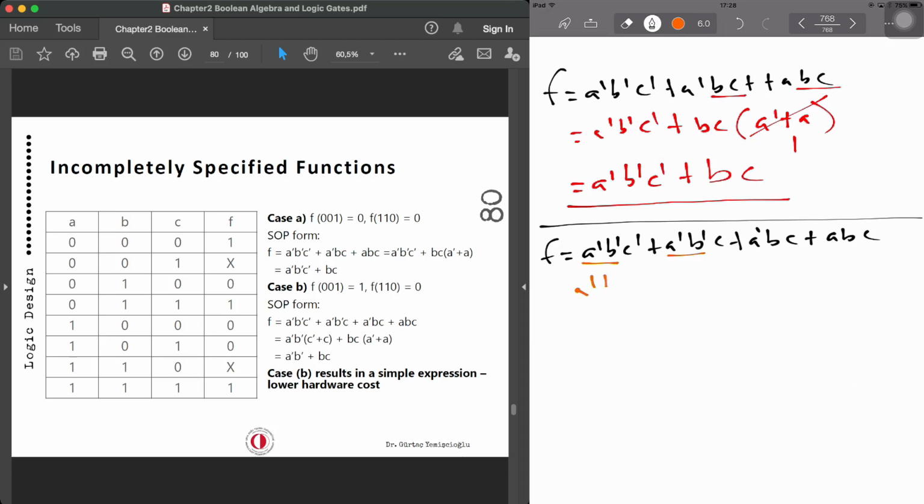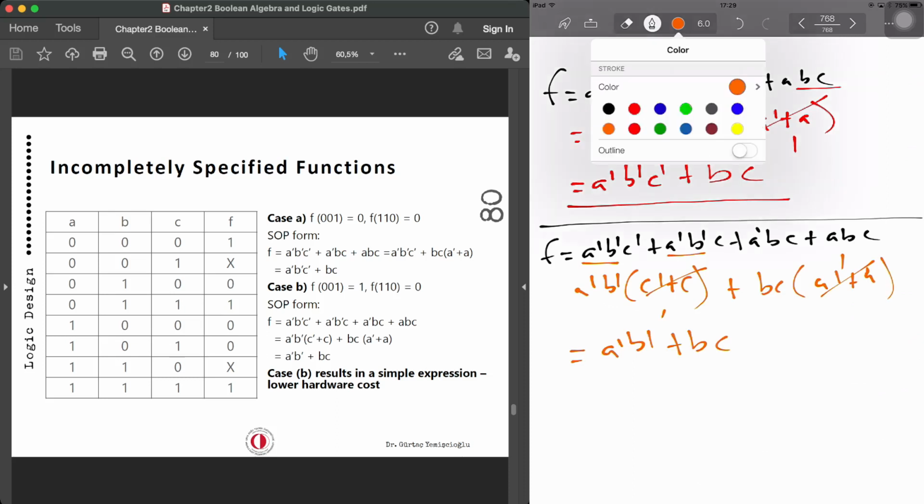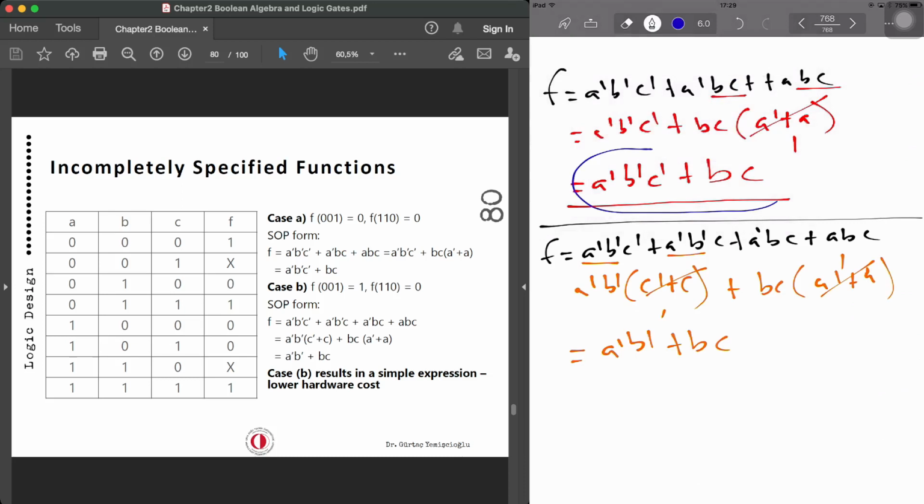So A prime, B prime out, C prime plus C. And on this one, I can take BC out and I say A prime plus A. This is 1, this is 1. And all I'm left with is A prime, B prime, or BC. So as you can see, when you compare these two expressions, this one has got 3